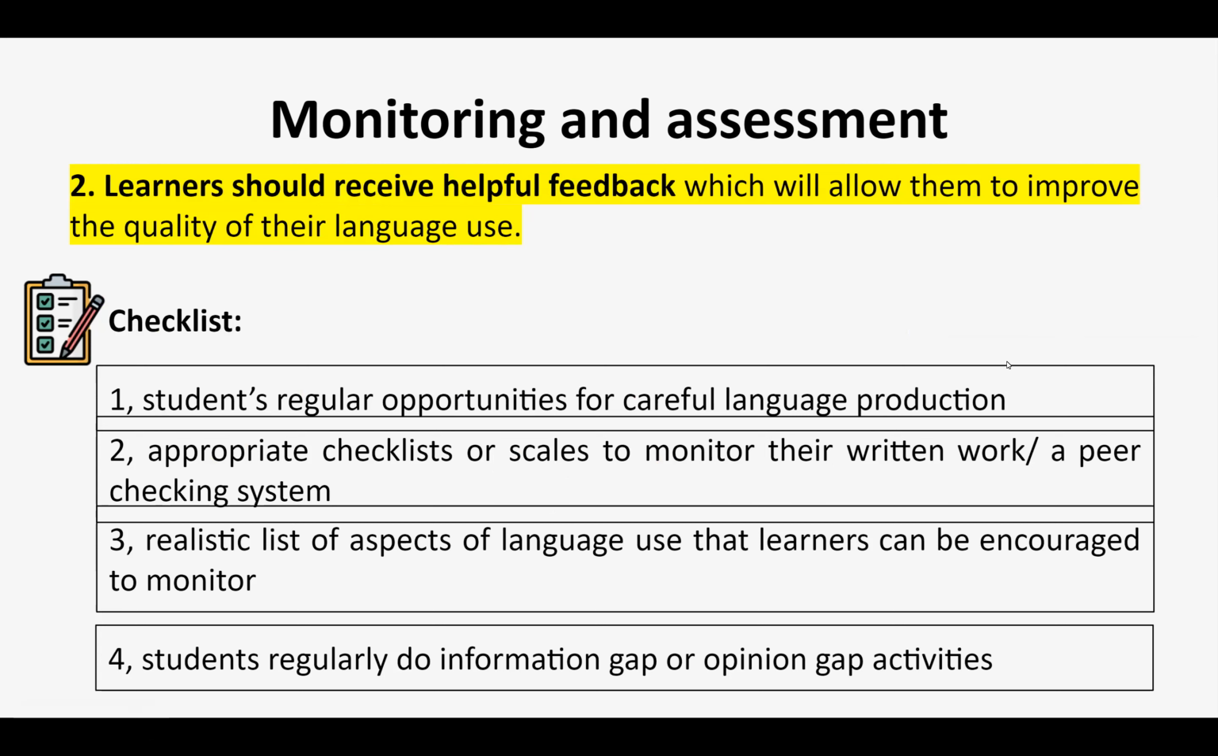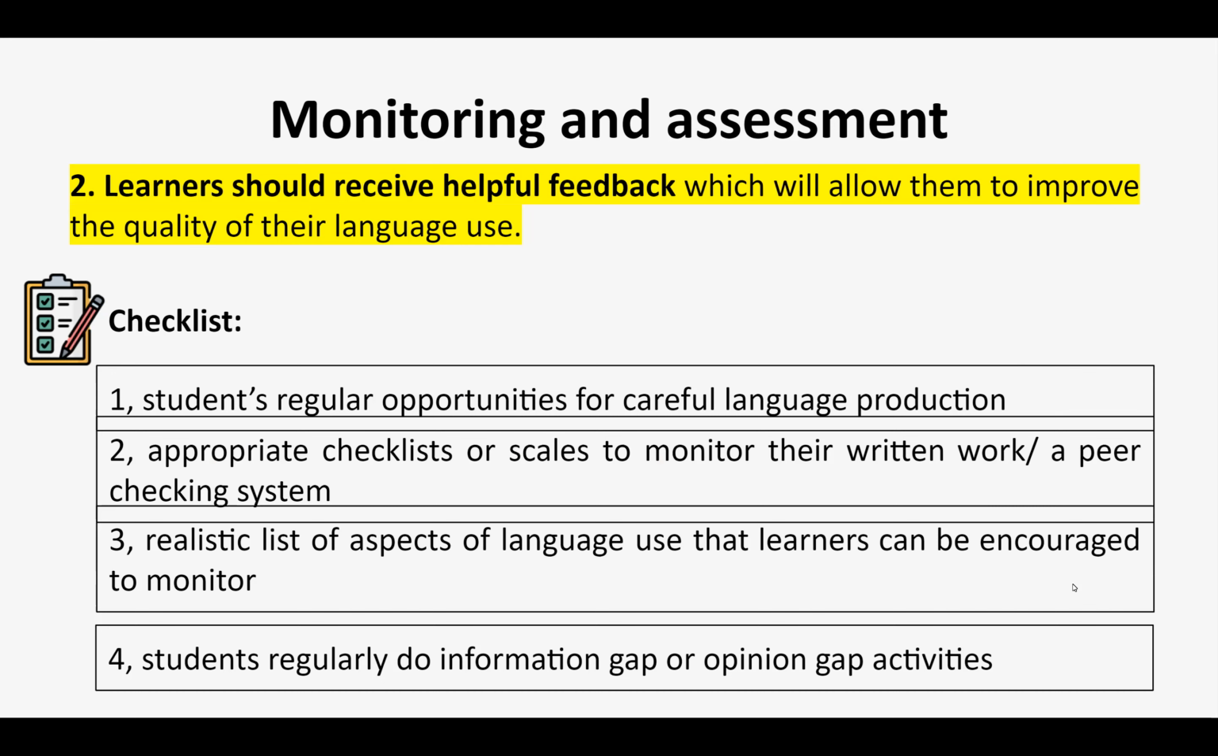So the first one is that do the learners have regular opportunities for careful language production? Number two, do the learners have appropriate checklists or skills to monitor their written work? And has the teacher set up a peer checking system to make sure that the skills are used? Number three, does the teacher have a realistic list of aspects of language use that learners can be encouraged to